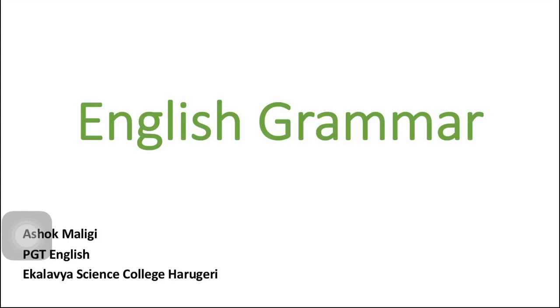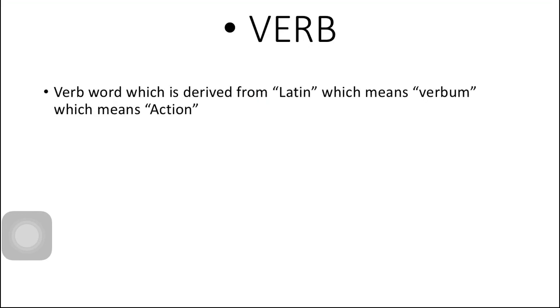If we turn the pages of the grammar, we find the appropriate definition of the verb. Verb is a word derived from Latin, from verbum. Verbum means a Latin word for action. So, an action-showing word is known as the verb. Usually, when we see the verb, it is the action-showing word, or else in Kannada it is known